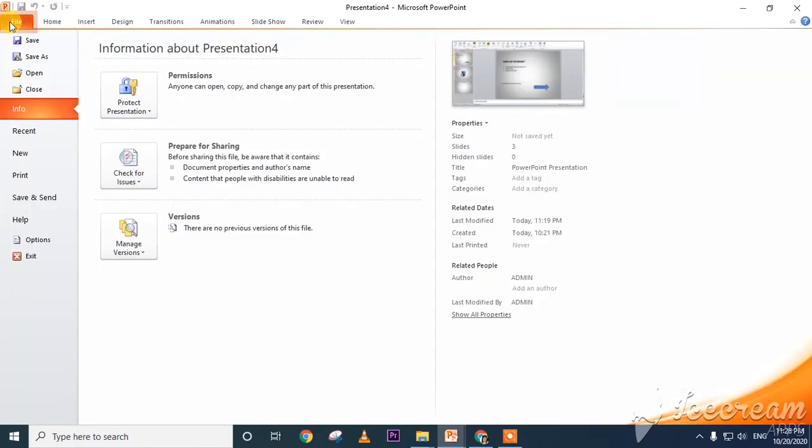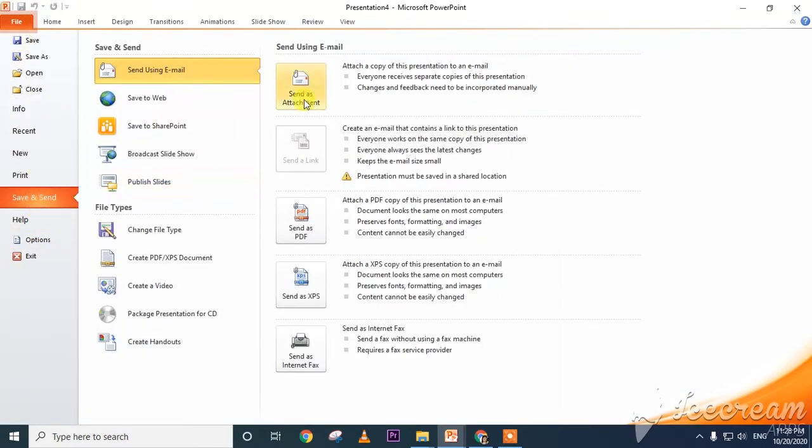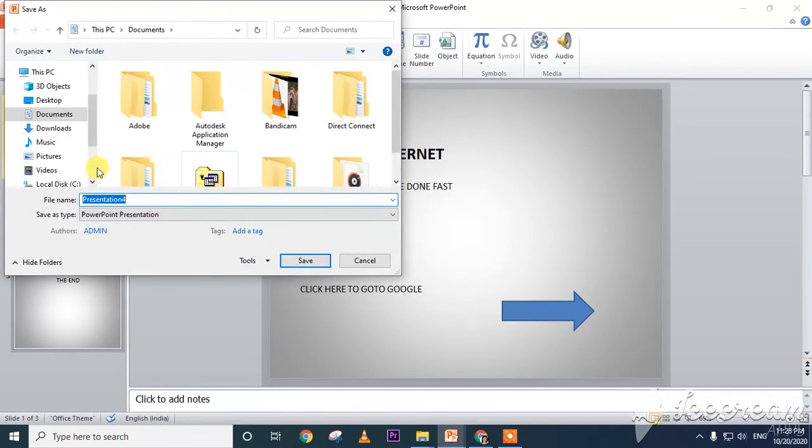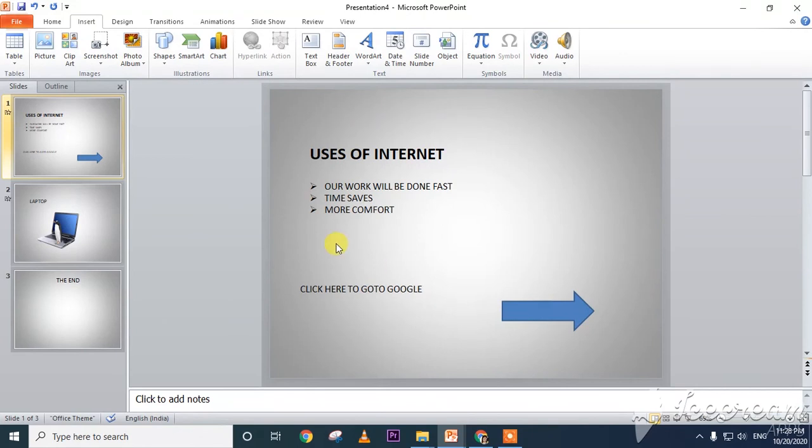Next one is sharing. Click on the File menu. There is Save and Send, and see here, so many options: Send as PDF, Send as XPS, Send as attachment, Save to Web, and Sign in. If you have Hotmail or anything, you can sign in and save this way. There is also a Save option here. Earlier we learned, click Save, select the location and save it,